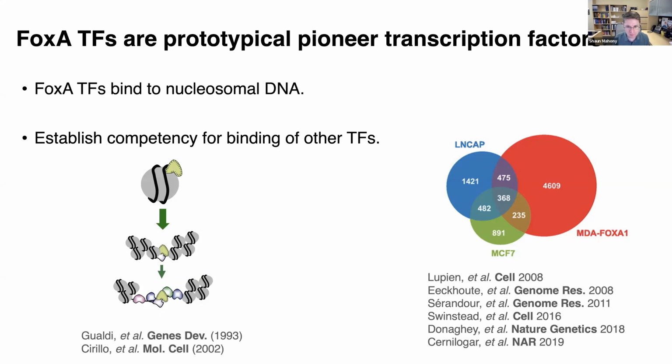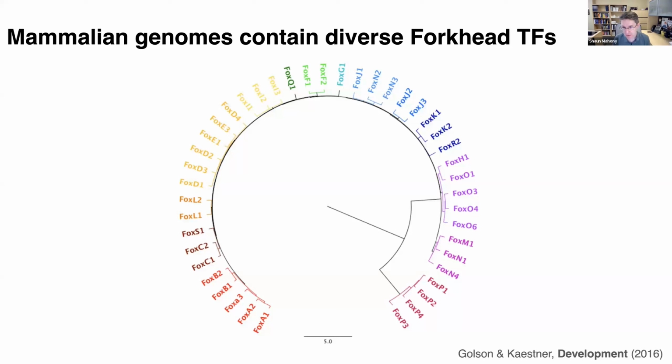Outside of the FOXA transcription factor family, there's a host of other mammalian Forkhead domain transcription factors. The Forkhead domain itself is expected to have a role to play in enabling pioneering activity for the FOXA transcription factors. We don't know much about these other FOX transcription factors in terms of whether they are also pioneers or how their binding is established. So today we're going to focus on 5 of these factors: FOXA1, FOXC1, FOXL2, FOXG1, and FOXP3. And we're going to compare how their pioneering activities or their interactions with chromatin environments might